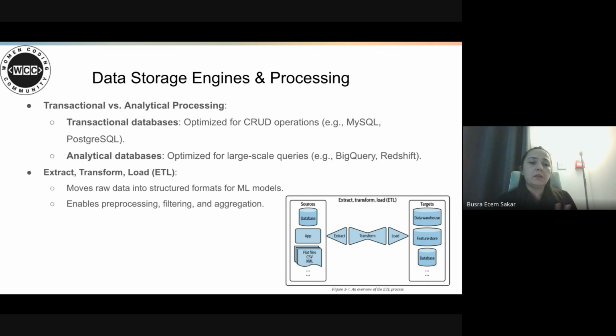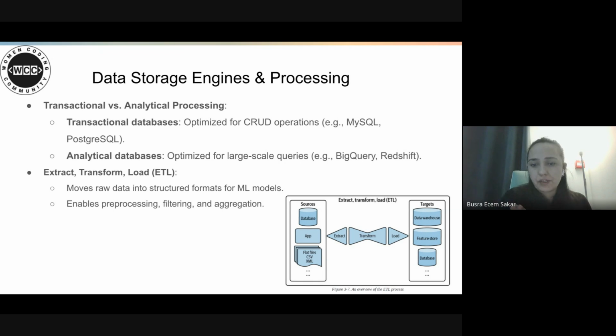And I want to talk shortly about the ETL process, which basically moves raw data into structured formats for machine learning models. It's really important. It includes pre-processing, filtering, and aggregation before data is fed into the machine learning pipeline.